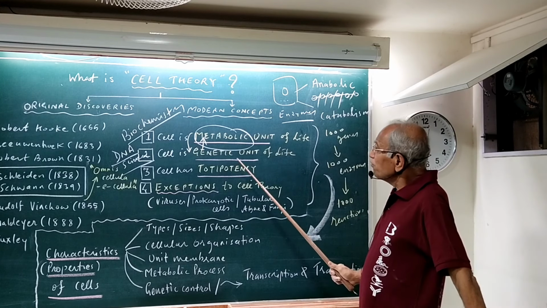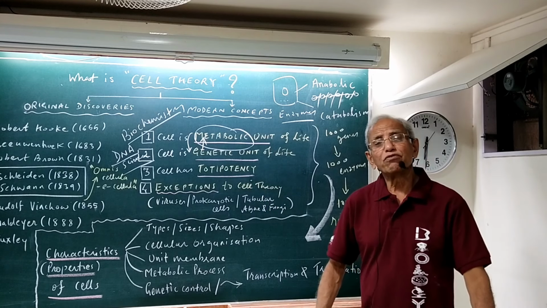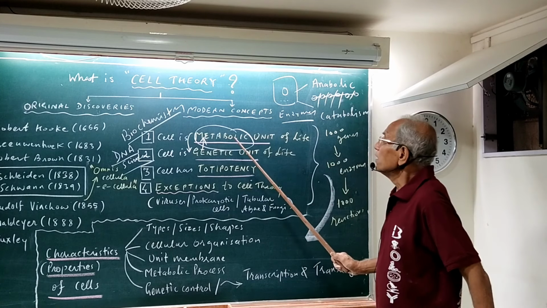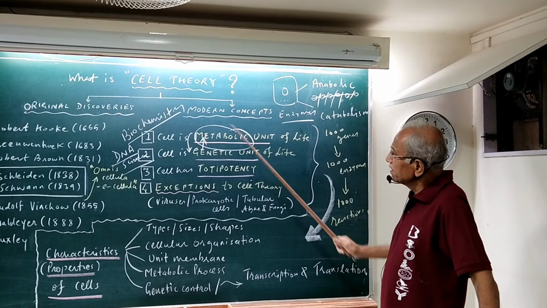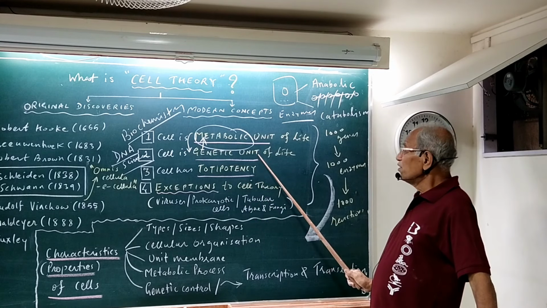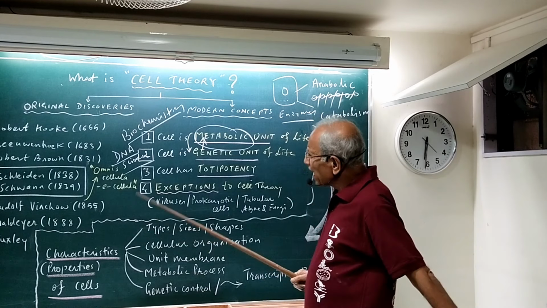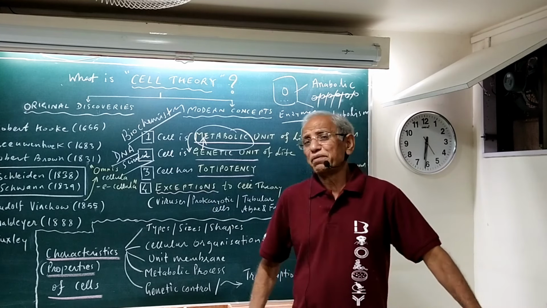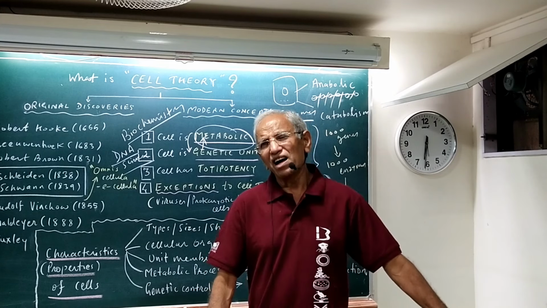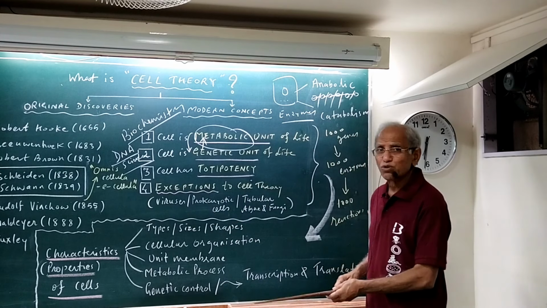However, many of you must be expecting that when we are talking of cell as a genetic unit of life, why shouldn't we use the term genetics? If cell as a metabolic unit of life is related to biochemistry, then you may expect cell as a genetic unit of life should be related to genetics. You can, but genetics, typically of the Mendelian type genetics, the classical type of genetics, is probably not related